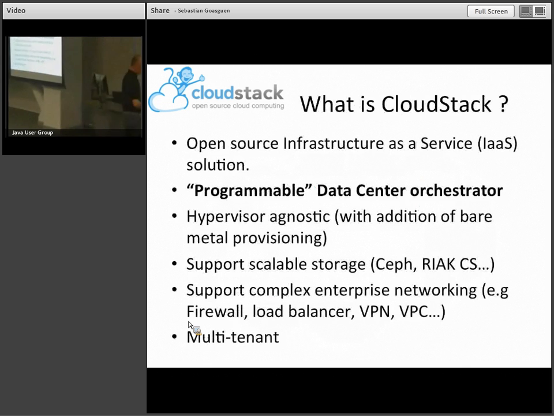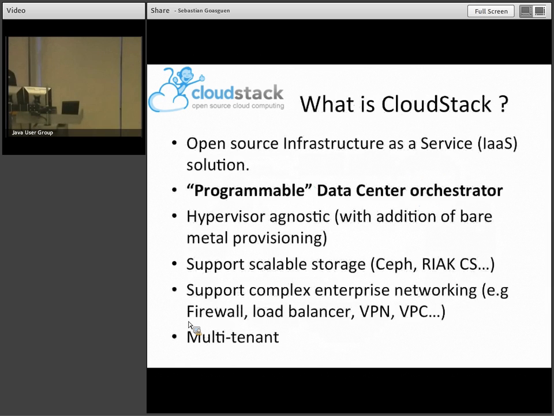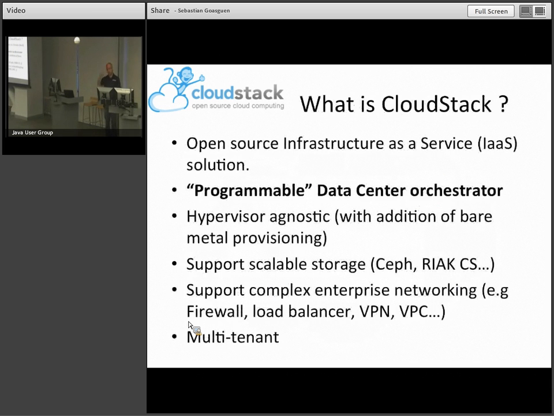A key aspect of cloud is virtualization. So in your clouds, you can manage physical machines, but you're definitely managing virtual machines. And to create virtual machines, you need a hypervisor. Okay, that's where they mentioned Xen. There's KVM, VMware. All those are hypervisors, and CloudStack can deal with all those hypervisors. We have a CloudStack developer working on a Hyper-V plugin from Microsoft, so we'll have Hyper-V in there